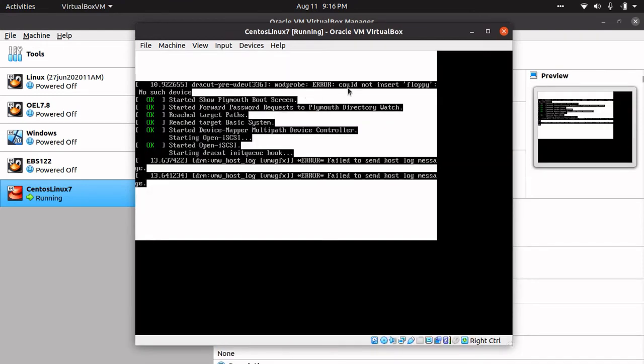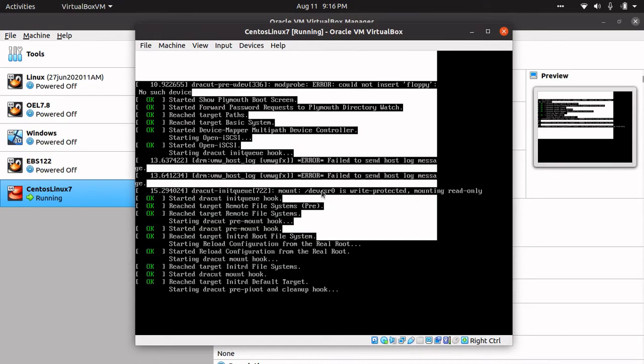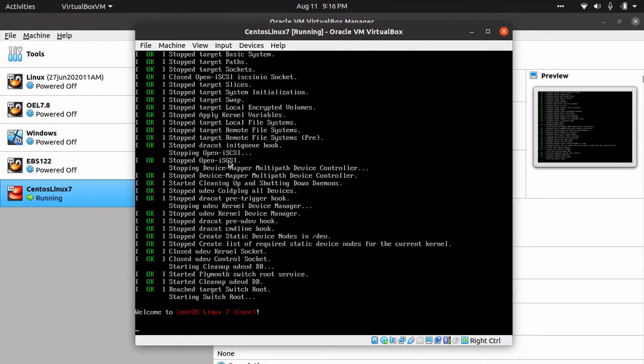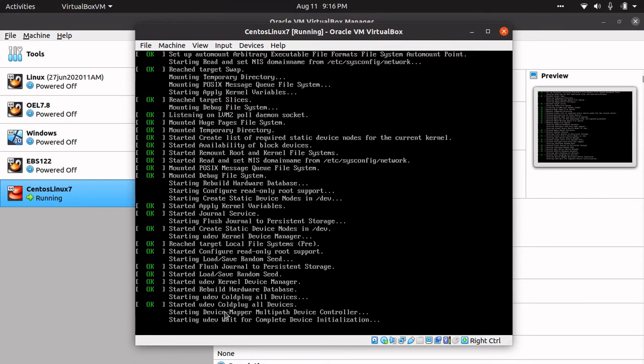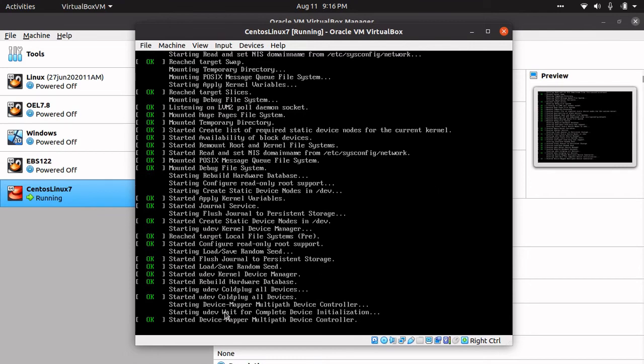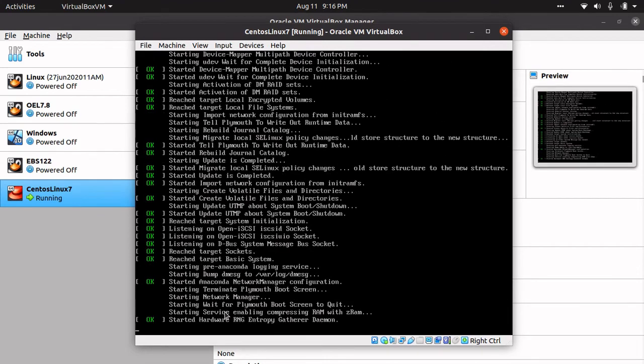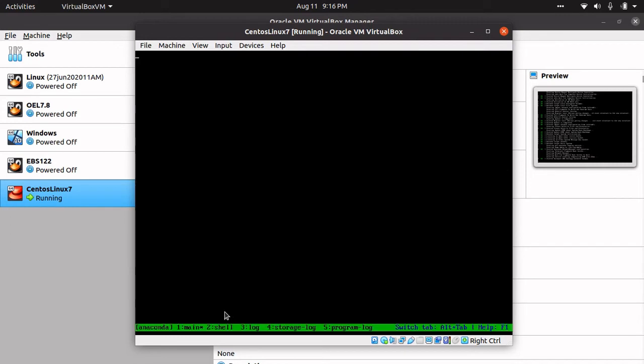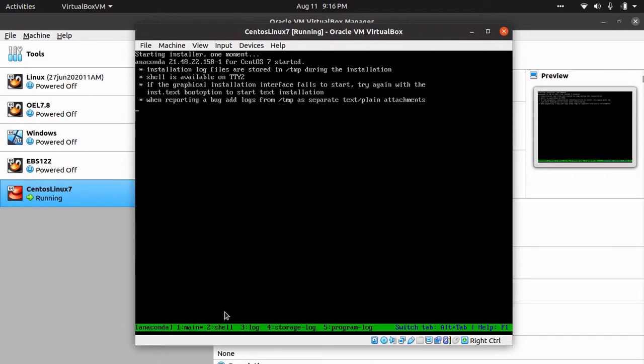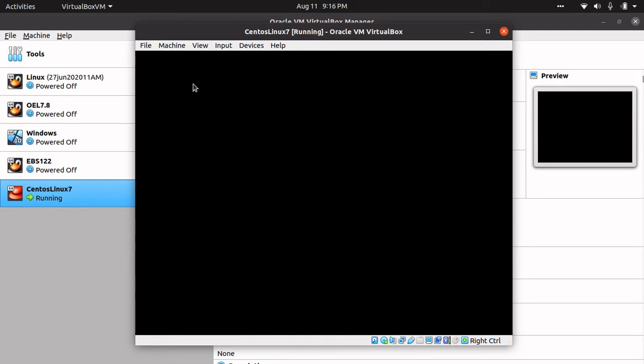These are fine, you don't need to worry about that part because there is no floppy drive, and it is booting up from the ISO image. The installer name here in Linux is called Anaconda.